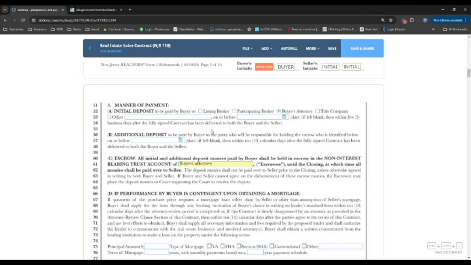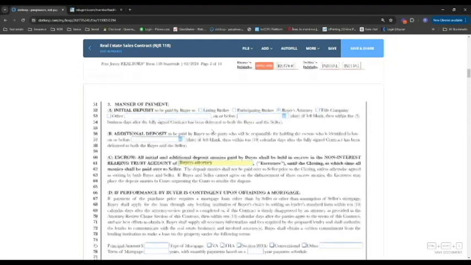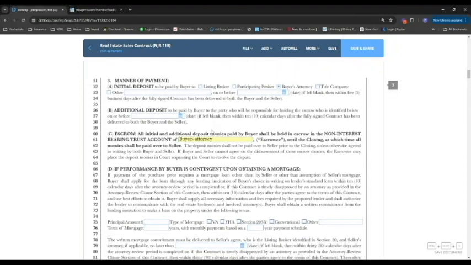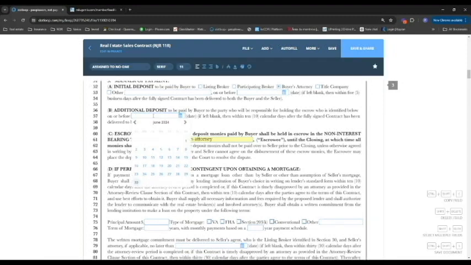So you send the offer to the agent, or the agent is going to show it to their clients. If they accept it, as of that date, you have 5 days to get the first deposit to your client's attorney. All right. So the additional deposit, or second deposit, I like to say, because we never know when attorney review will